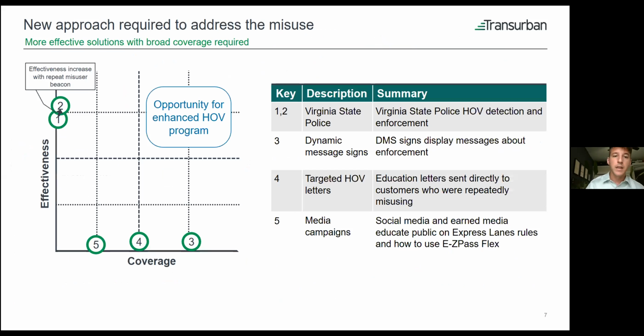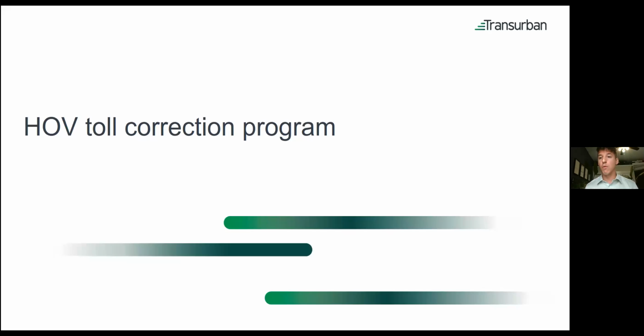However, what we found was we had an issue with these current programs, which is our Virginia State Police were very effective at changing behavior, but covered only a little bit of the road. What we saw was that our troopers could only pull less than 2 in 1,000 flex misusers over. So it's a very, very small percent, less than 1% of our people misusing their flex were actually being pulled over. We saw that we can reach a lot of our people with our communication programs, whether it be emails and dynamic messaging signs. However, they were not that effective. And so what we really looked for was a program that can be effective and reach a large portion of our customers. So this is where we developed with the Virginia